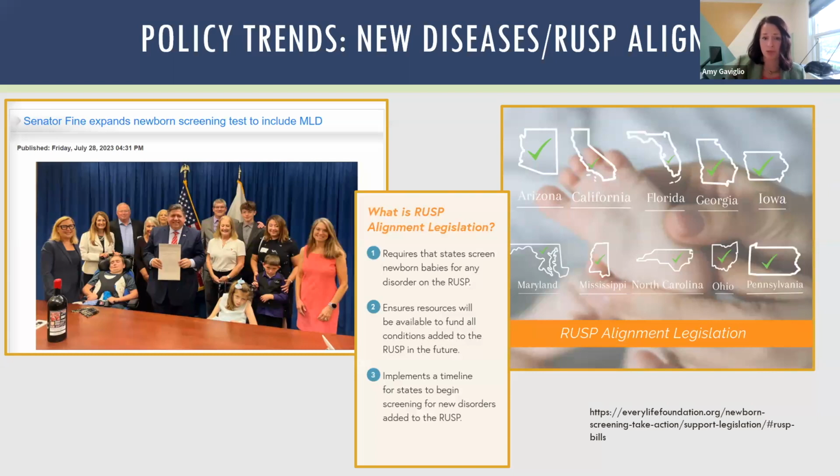So again, I want to point out with these legislative efforts, it's really critical for programs and advocacy groups to work together to ensure that any of these types of legislation where you're really trying to add diseases, you're trying to add processes, that the legislation is written in such a way to ensure appropriate resource allocation in order to set up the program for successful and sustainable screening practices. Next slide.